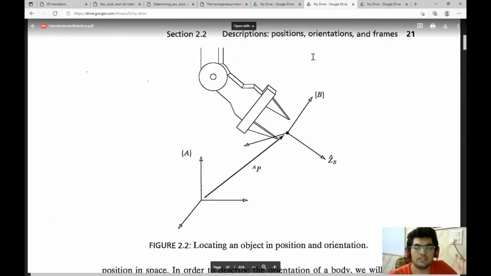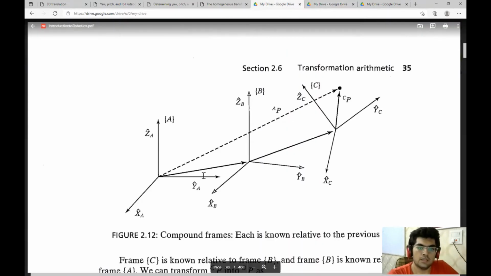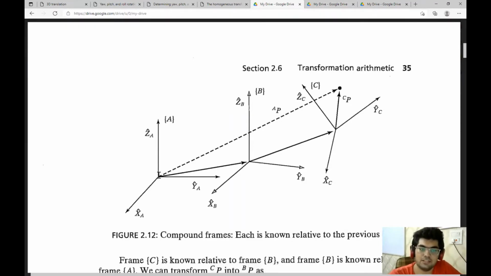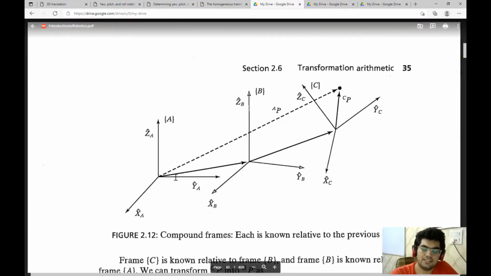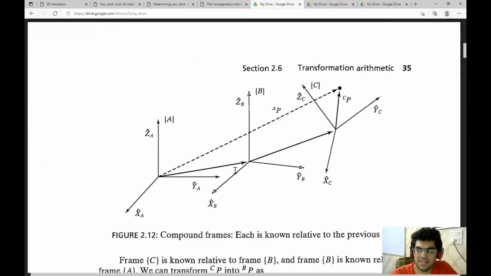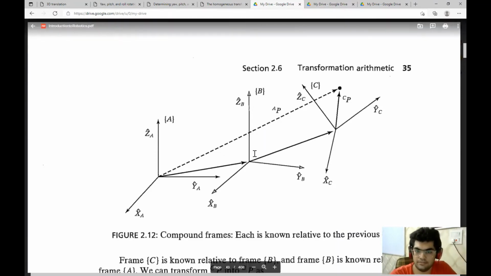Now, there are two main components to this transformation matrix, and these are rotation and translation. What translation can do for us is, if we have a coordinate system, we can say this is the origin of the coordinate system. In robotics applications, we usually take one base frame, the world frame, for the coordinate transformations, and we describe every other frame with respect to that. So in this case, let's assume that we have this base frame as A. We can translate it by adding X, Y, and Z parameters, and translate this coordinate frame into this B frame.